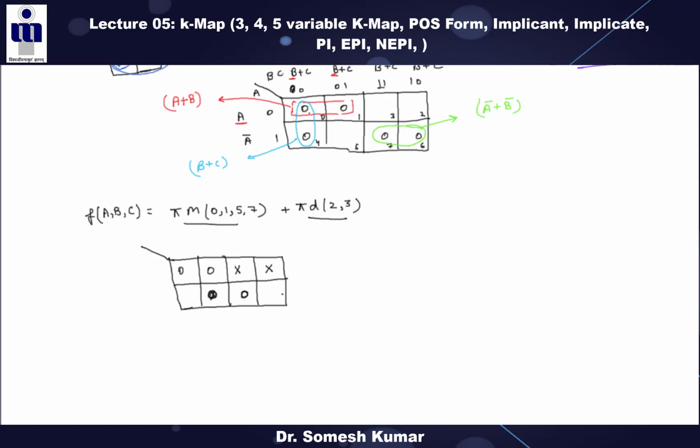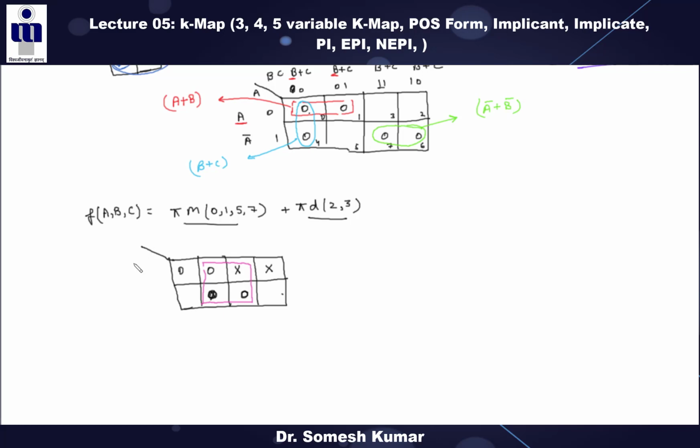is this quad possible? Is the quad possible or not? The quad is possible, right? So this is your one quad. Here we have to take the x as a 0, because by taking x as 0, one quad is possible, and if one quad is possible, it is preferred, right? Clear?